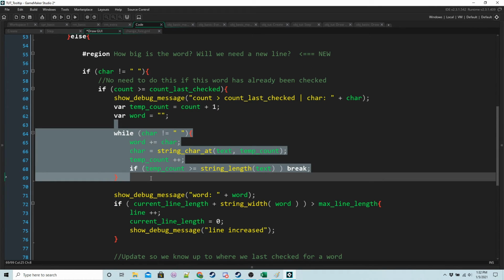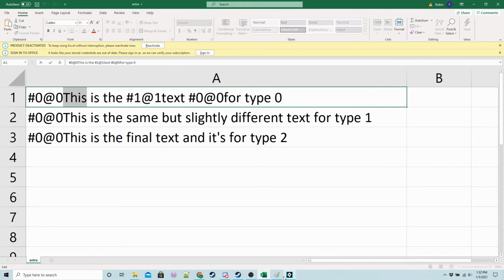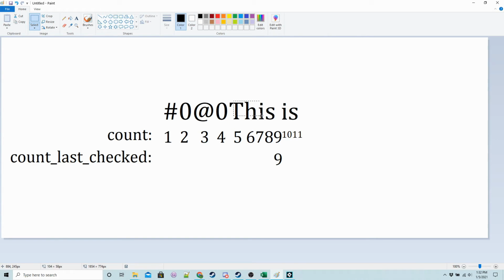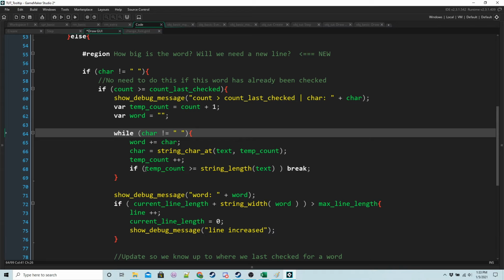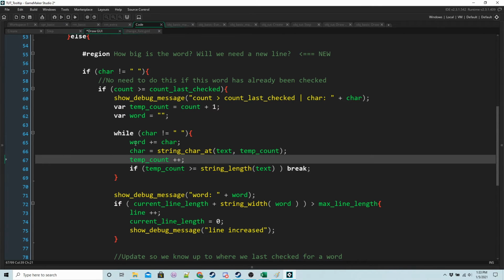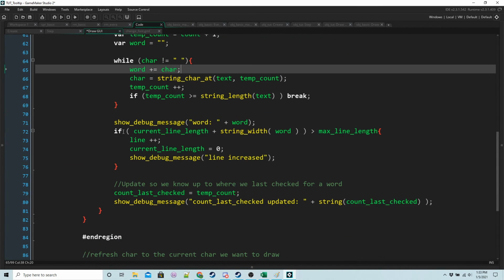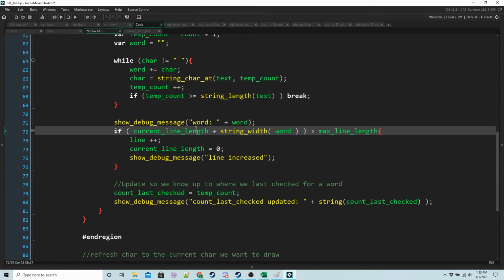So what we're going to do is, like I said, this loop is just going to check character by character until we get to the space, and then we know we've come to the end of the word. That's all this loop is going to do. We also want to make sure that we don't exceed the length of text by temp count. So that's all this stuff is going to be for. And then, as I've said a few times, once we have our